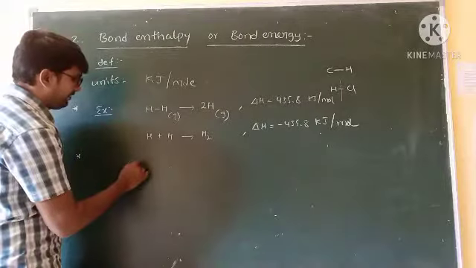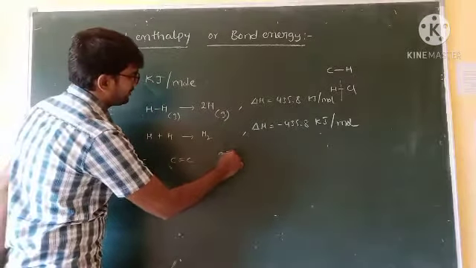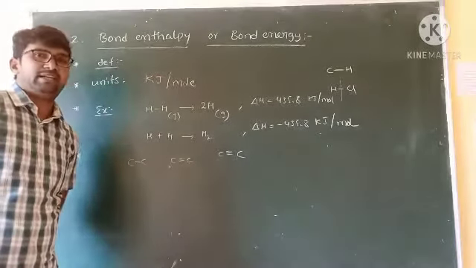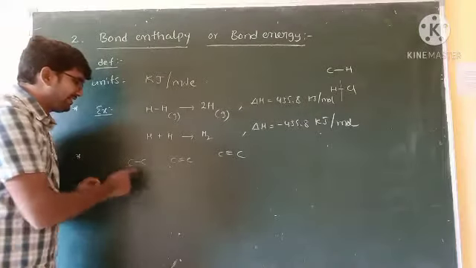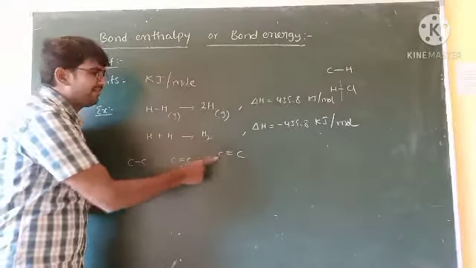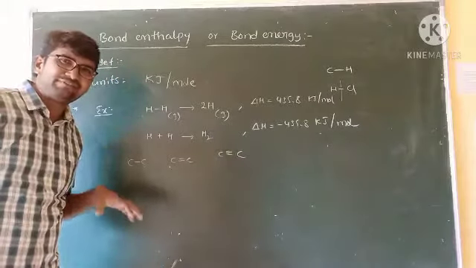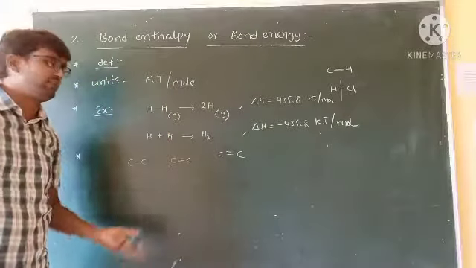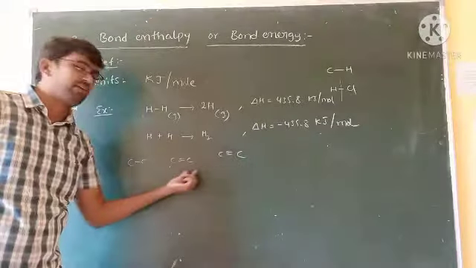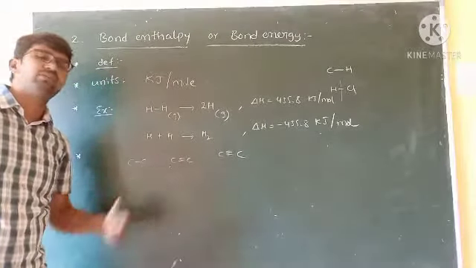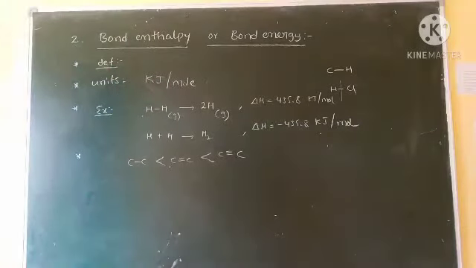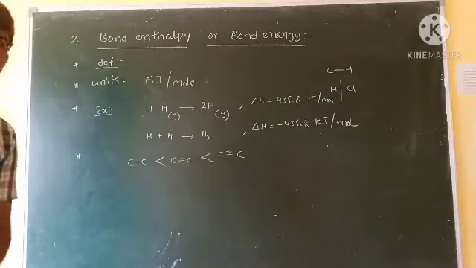Now, third one, you know that, very simple. C double bond C triple bond C is given. So which bond requires more energy for bond breaking? We know that, sir, this is single stick, 2 sticks, 3 sticks. So which one requires more energy? For breaking 3 sticks, it requires more energy. For 2 sticks, comparing to this one, less energy. Single stick means very less comparing to double bond. So what is the bond length order? This is the bond length order for single bond, double bond and triple bond.